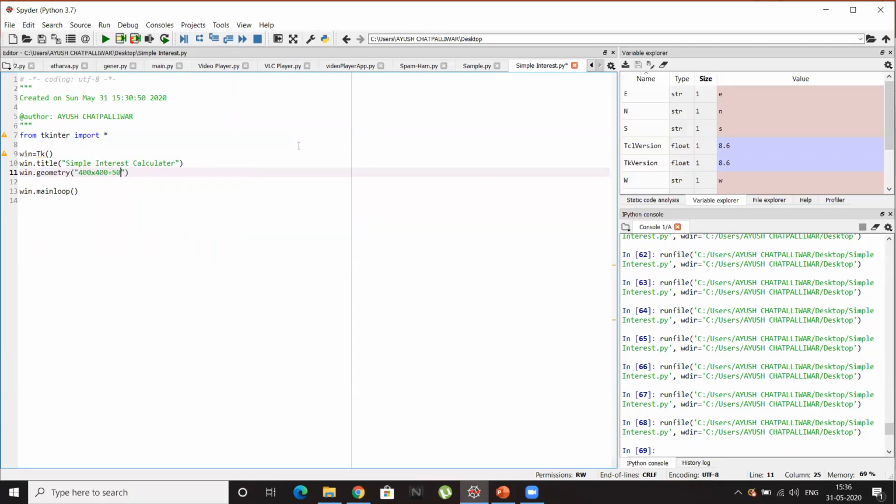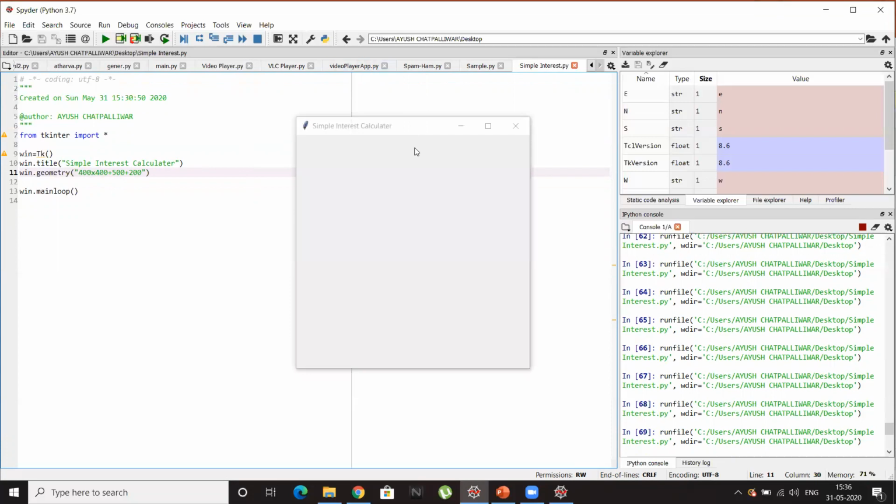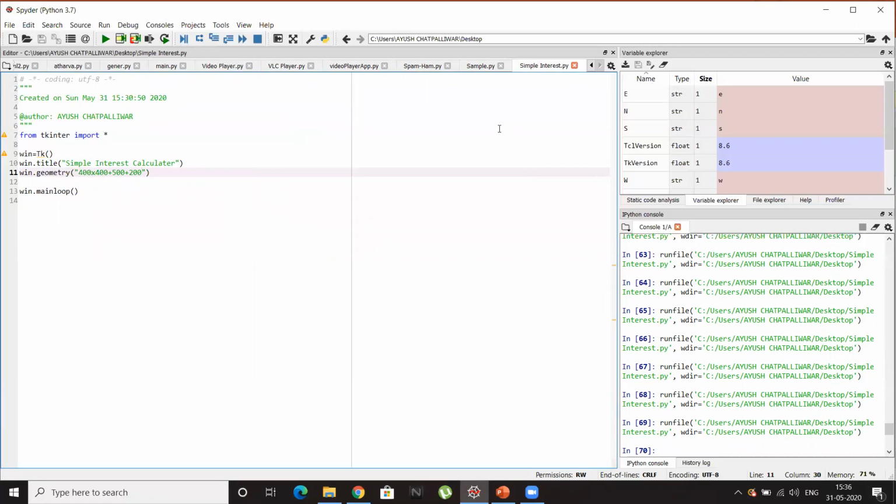So I'll give plus 500 plus 200. This will make the window appear at the center of the screen. So let's see. Yes, now it is perfectly at the center of the screen. So now geometry is set.